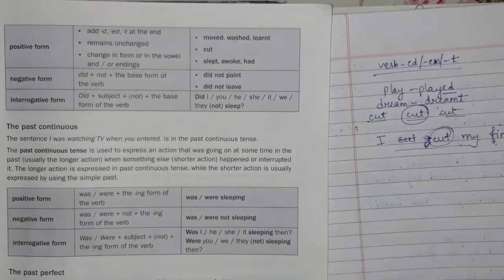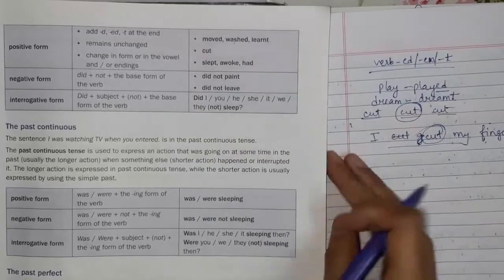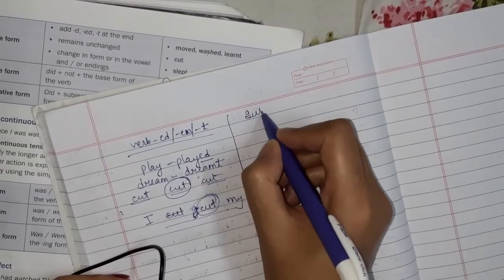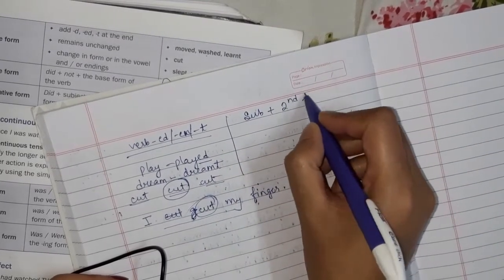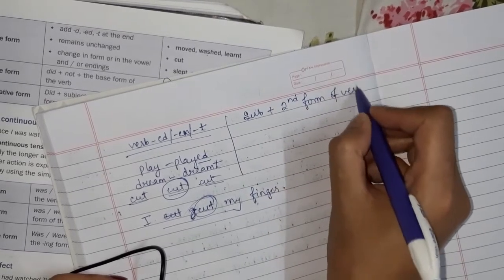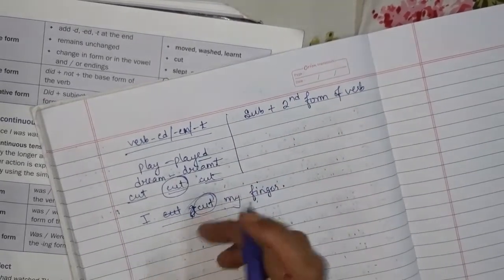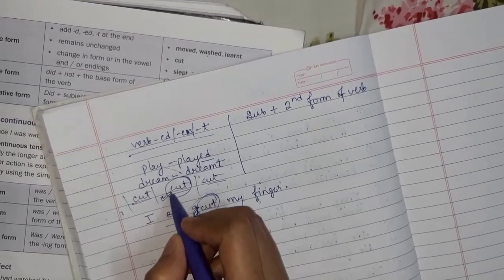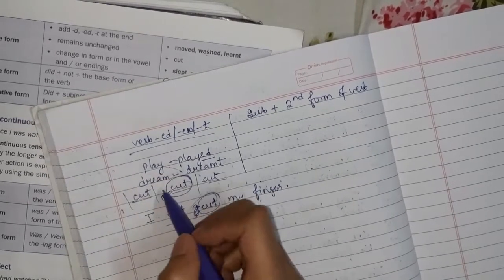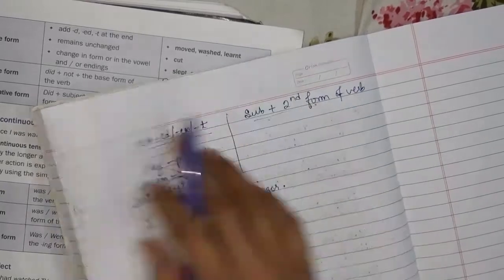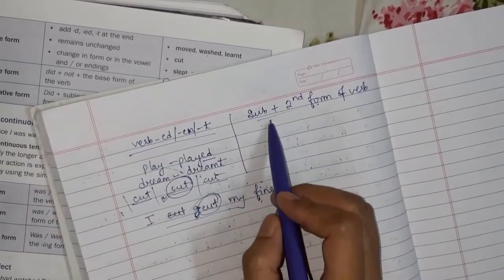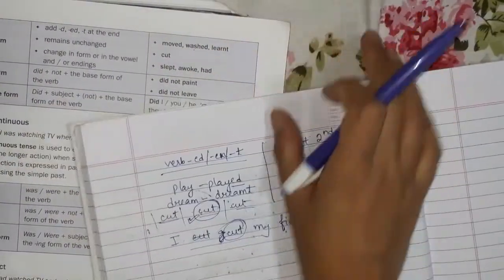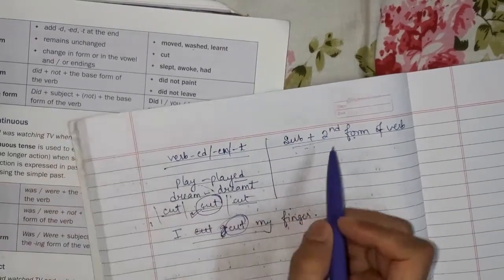So basically the formula of simple past tense is subject plus second form of verb. This is the second form of verb, and this is the third form of verb. In simple past tense, or past tense, the verb is in the second form. So this is the formula of simple past tense. Now whenever we have to make the negative of that, as this verb does not have its own auxiliary verb,